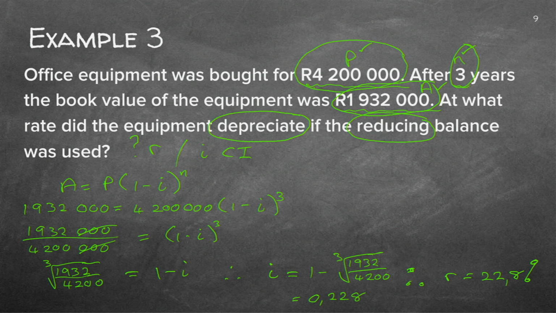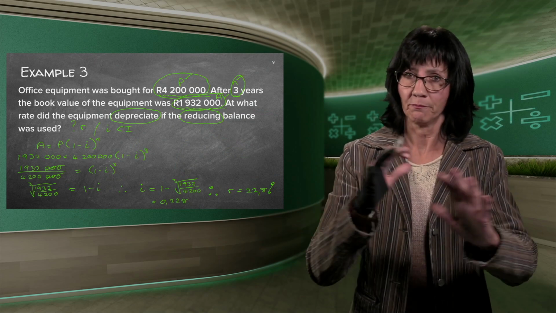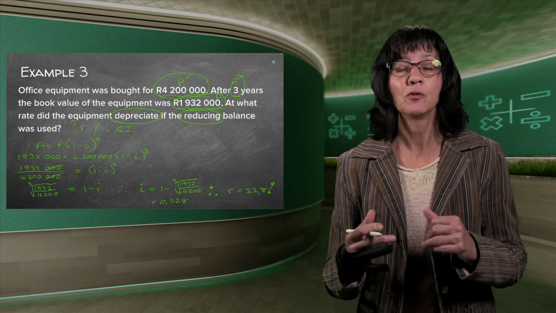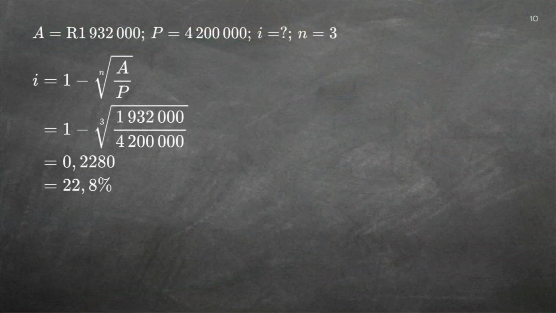So now you have a proper method and a proper practice slide to redo it again. There's just one thing I want to show you. I'm quickly going to go to the answer that we've got here. Can you see here is where we first sorted out the formula. We first got the I all alone, then we've got that funny formula, and then we start filling it in. I do not like that at all.